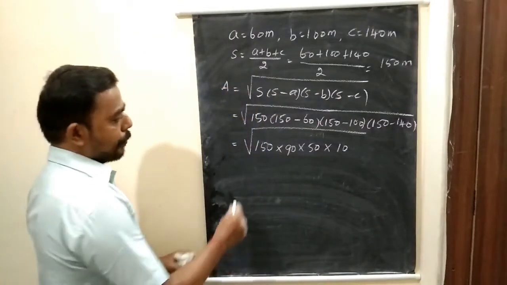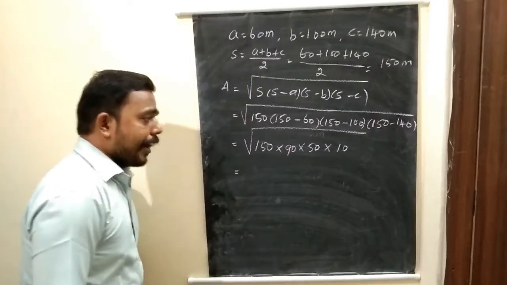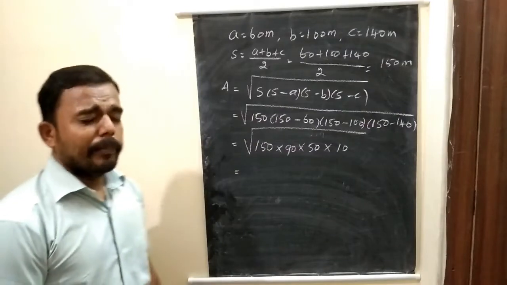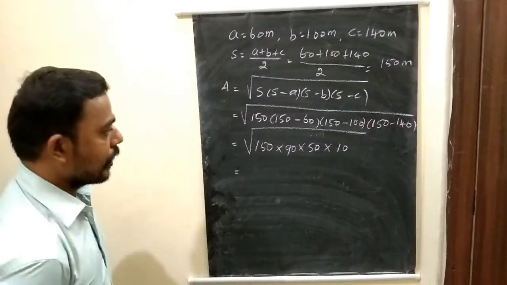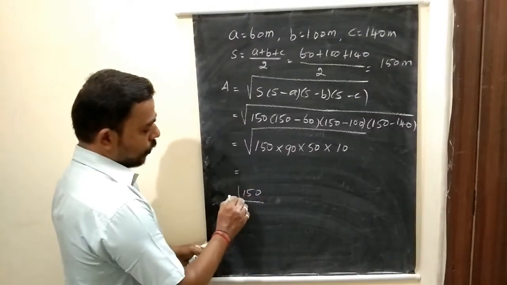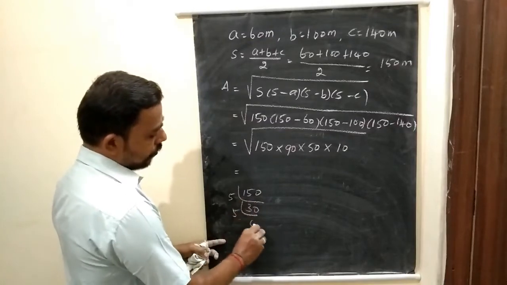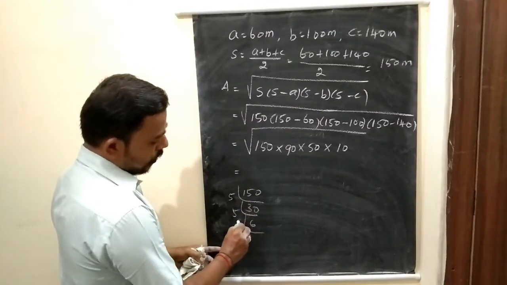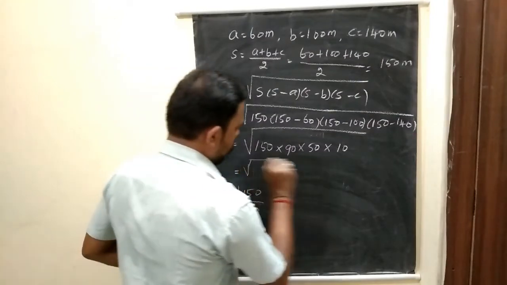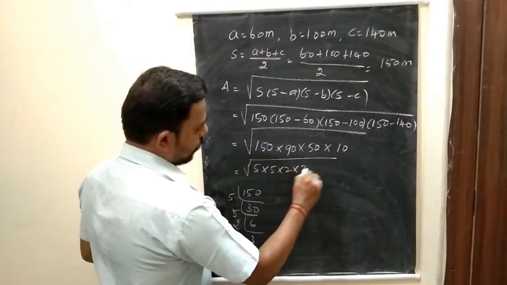Now we are going to use the prime factorization. I am going to give many ideas of how to write the prime factorization of this. No need to write all the prime numbers, but anyway, just now find the prime factorization of 150. Already you know that 5 into 30, 5 into 6, 2 into 3. So the square root of 5 into 5 into 2 into 3.